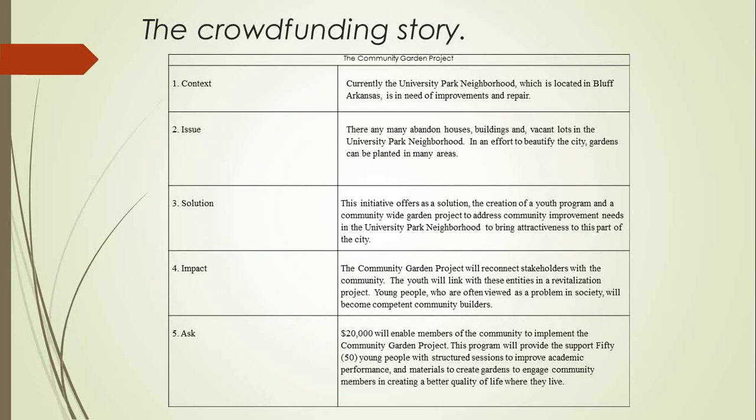Secondly, one must identify the issue. In this case, we're dealing with rehabbing a neighborhood using community gardens. If you look at the example of context, you see where we talk about the neighborhood. Next, we talk about the condition of the neighborhood, which is the issue. Thirdly, we talk about the solution. How are we going to improve this neighborhood based on these other two? Then we look at the impact. What will it do to mobilize people? And lastly, we state the goal that we're trying to achieve and tell them what the money will go for.